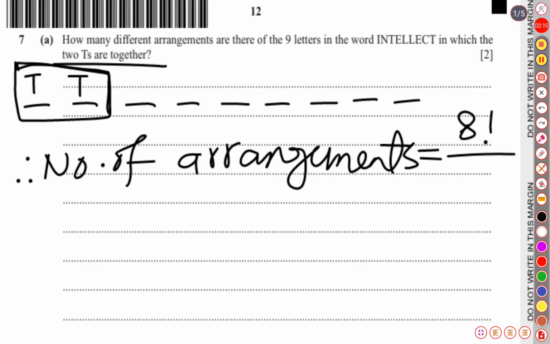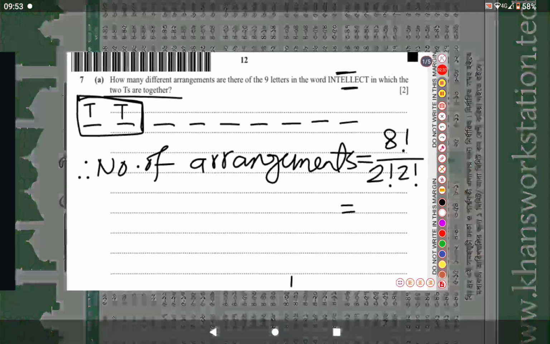We will not look at T because they are already in 1 unit. So the rest of the identical letters are two I's as well as two L's. So we will divide by 2 factorial for 2 I's and another 2 factorial for 2 L's. So finally our result is going to be 8 factorial over, let me show using my calculator, 8 factorial over